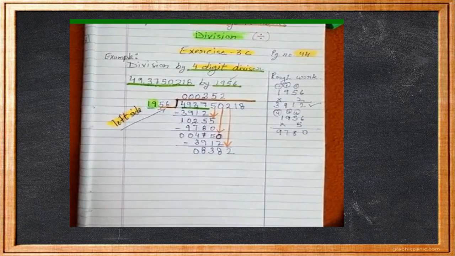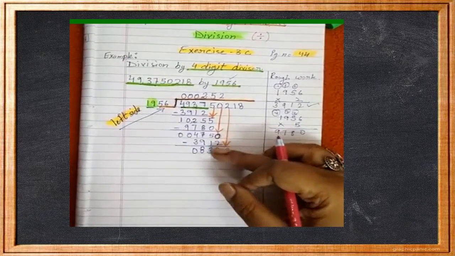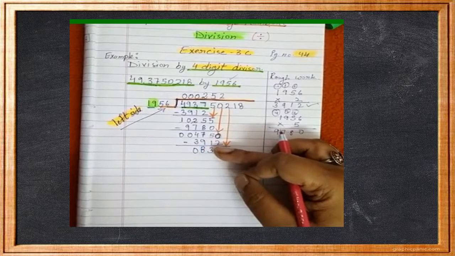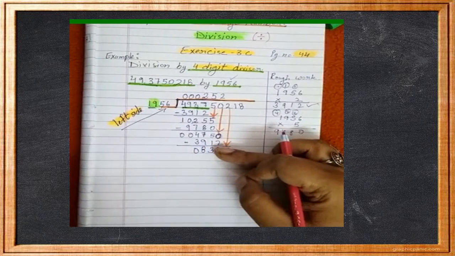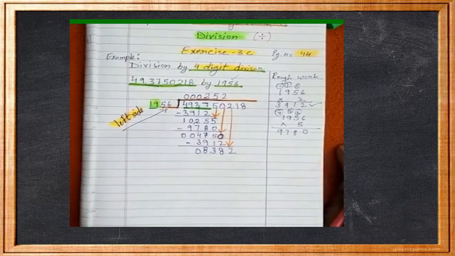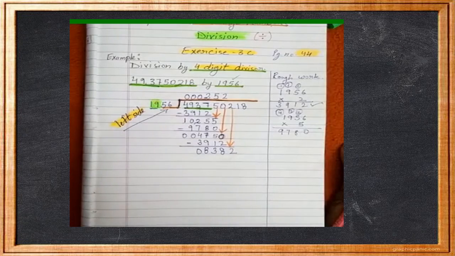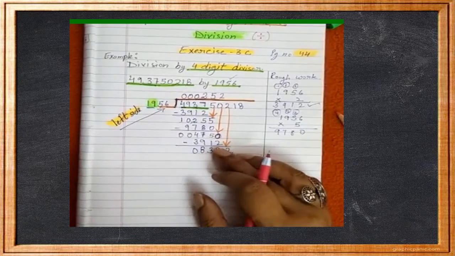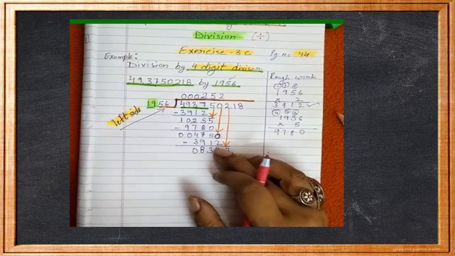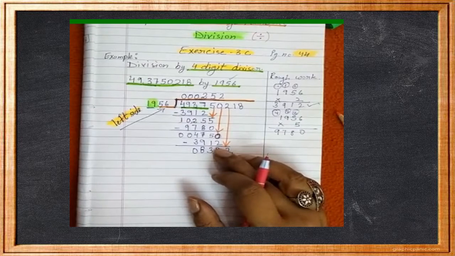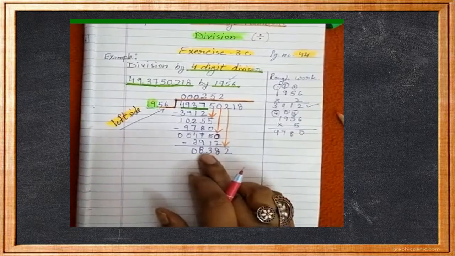Yes. This number 19 is playing a very important role. So don't forget this. Okay. Now 8 is smaller than 19. So take one more digit, 83. Now read 19's table. 19 4s are 76, 19 5s are 95. Yes. So 19 times 5 is 95, and 95 is bigger than 83. So go one step back. 19 4s are 76. 76 is smaller than 83.